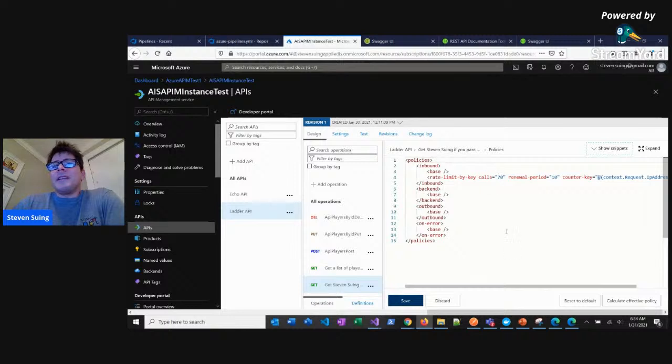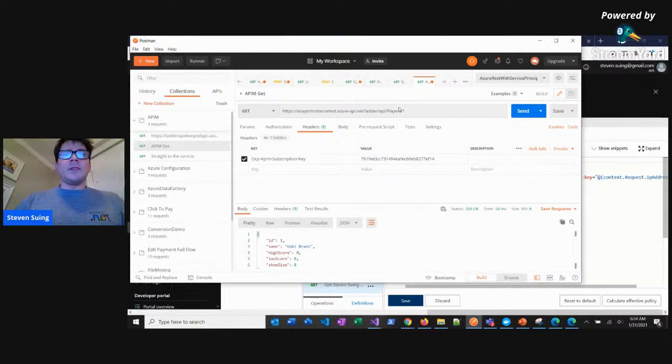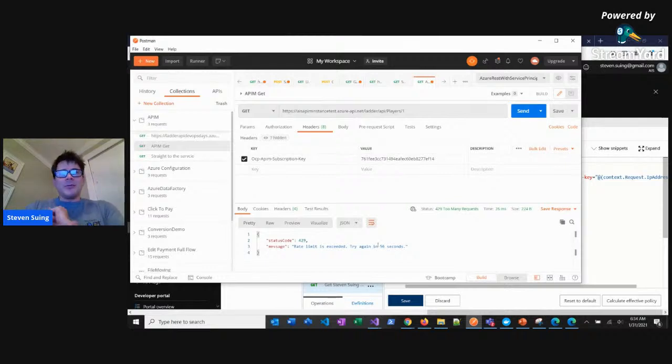So here we have 70, and I think that 10 is 10 minutes, actually, but I'm not 100% sure. So it's 70, which is quite a bit, right? So I'm going to go back to Postman. I'm going to hit this one a couple times. So it would be this API, right? It was players /1. So I can send this one, and I can keep sending it, and there's no real limit to it. Oh, there I hit it. I hit my limit. I'm not sure why. I thought it was 70, but